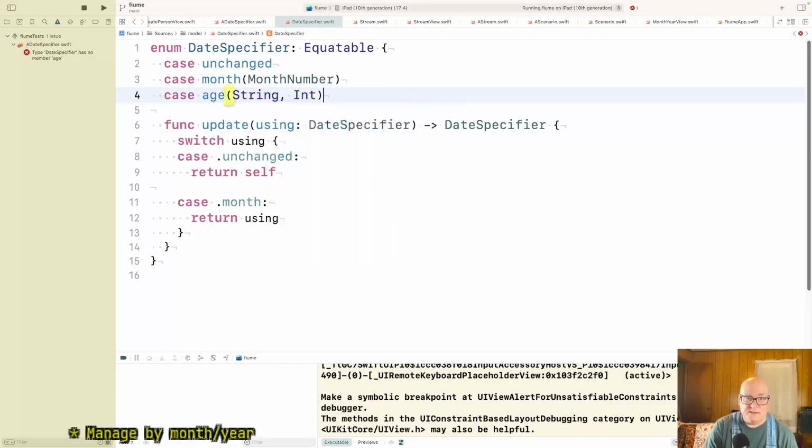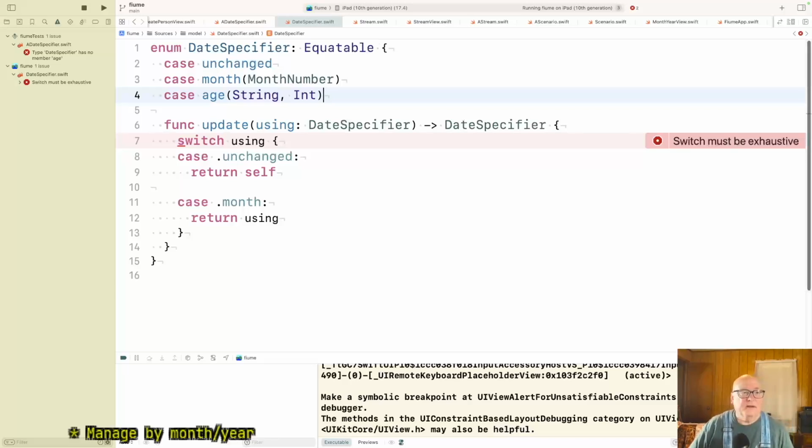String and int, and this really is an int because it's an age. Okay, now update. Well, we need a test for this.